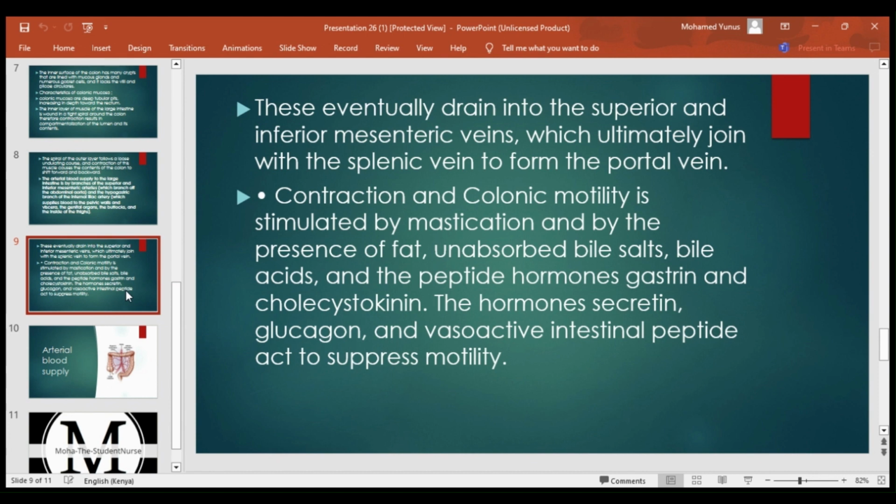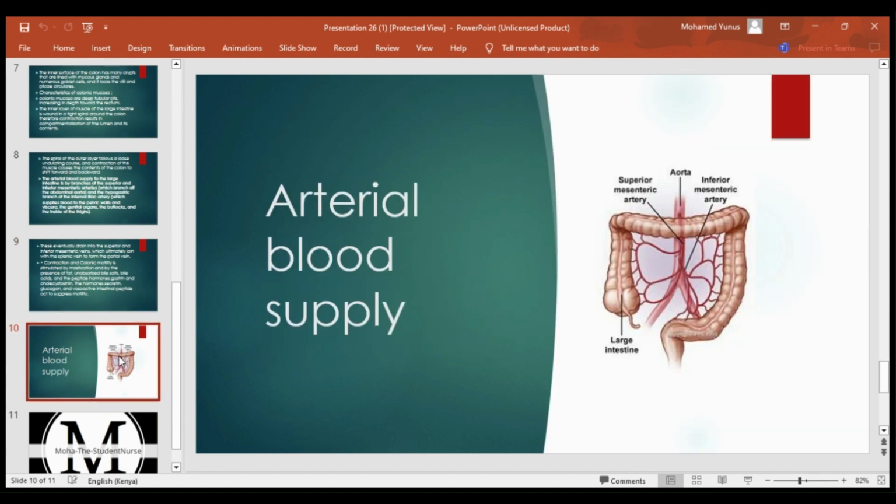And I think that's all we have for today's presentation. The arterial blood supply, I happened to explain it before. So that's the end of my presentation today